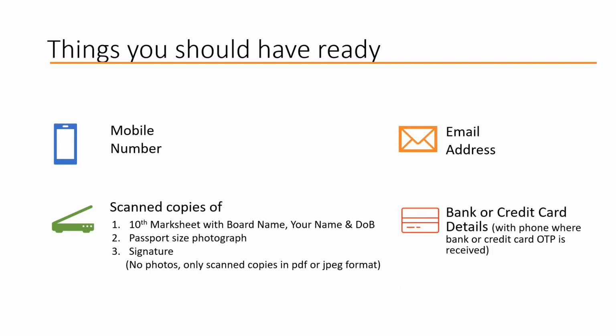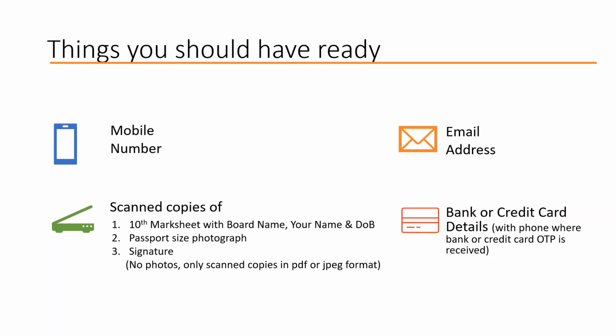And the last one is your bank or credit card details, because you will be making payment of your CA Foundation course fees, and for that purpose you will require your either internet banking or credit card details. So obviously if you are not having your own bank account, you are going to use your bank account of your father or mother. In that case you will require them to be sitting next to you, because they will be giving you the details of the OTP as well as all the passwords, etc.